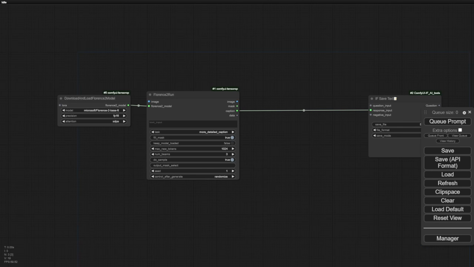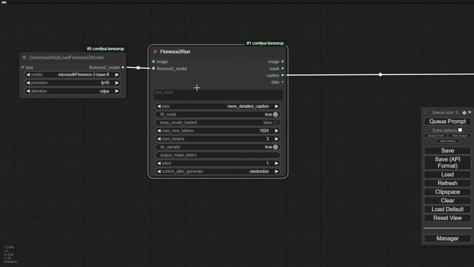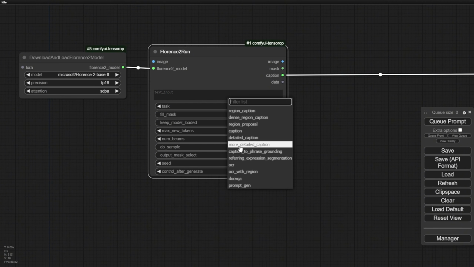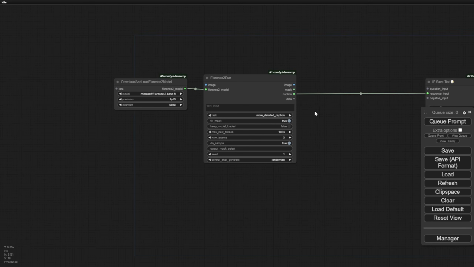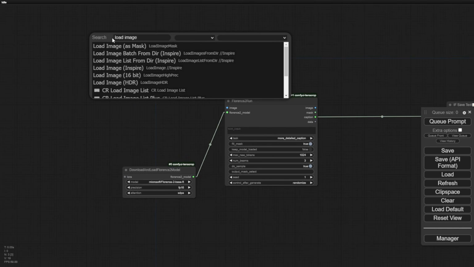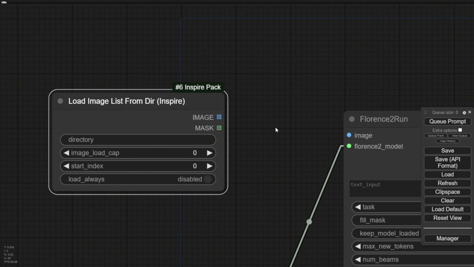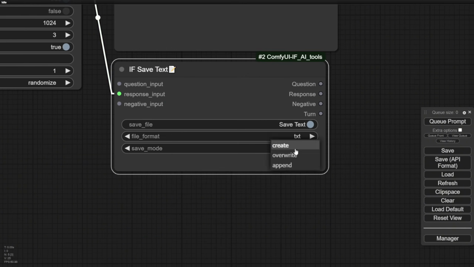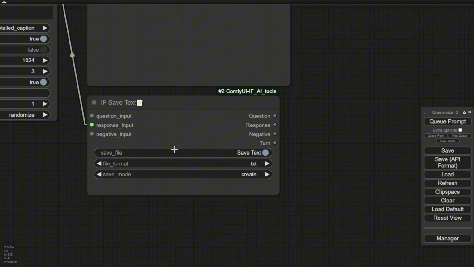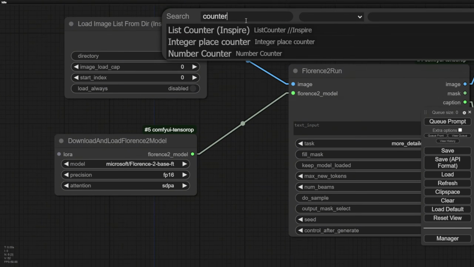In ComfyUI, there's an easy way to do captioning, which is using the recently launched model called Florence 2. With Florence 2, we're able to look up a list of images from a directory. From here, we got the image list from directory custom nodes. Now I am going to fast forward this as I recorded my progress creating this captioning workflow. I built this to save text for each image's caption, and I've also tried to save the image by extending